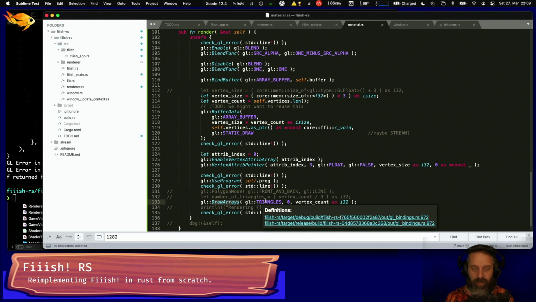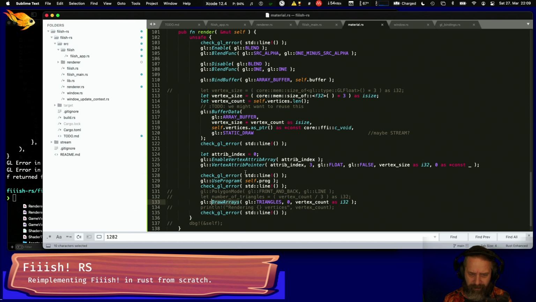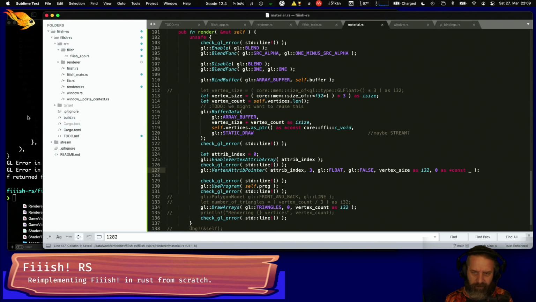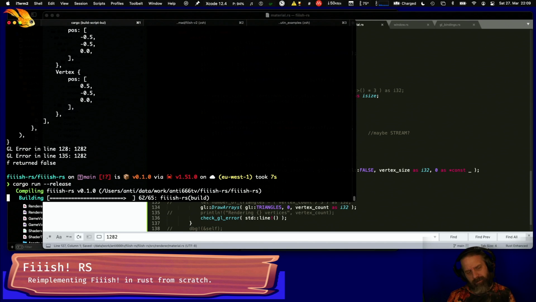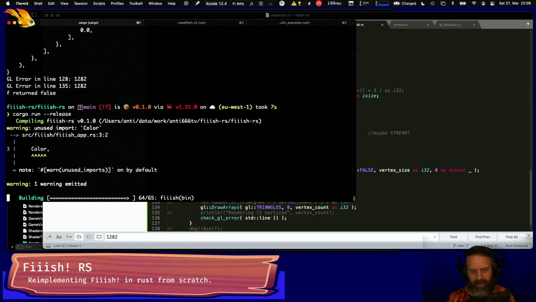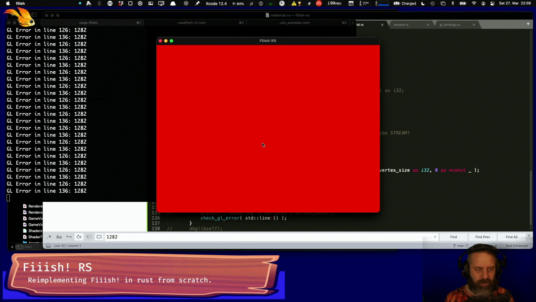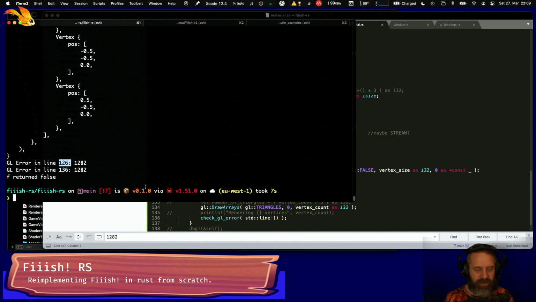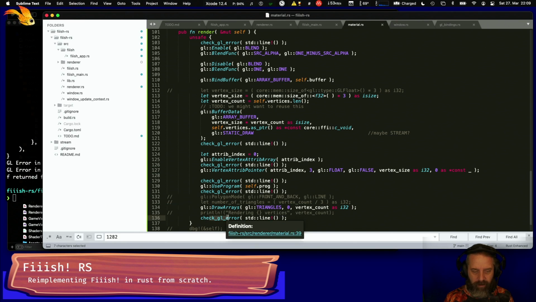And this draw arrays, it says, what are you trying to do? So let's do one more check. I think the draw arrays will break because we haven't bound the correct info. So it's in 126. So this is just a follow-on error. But in 120,